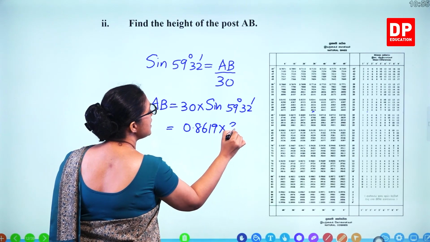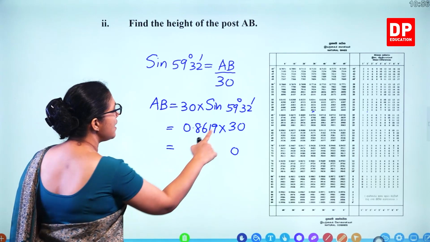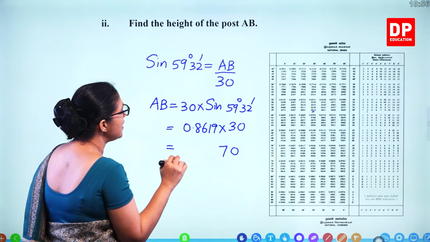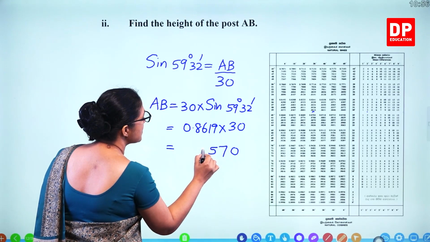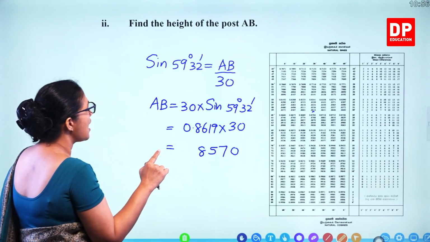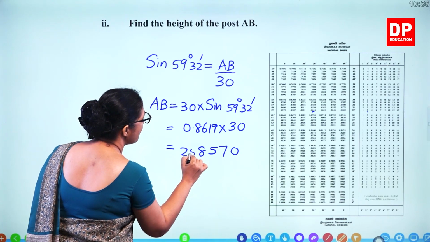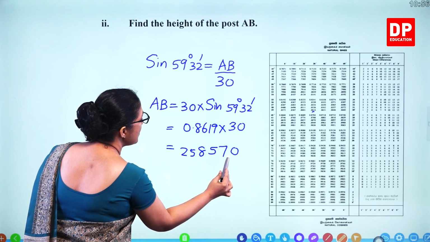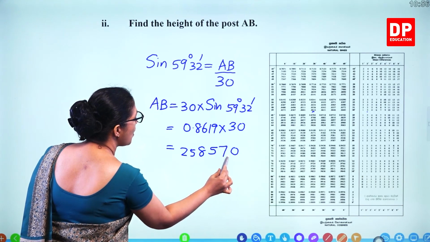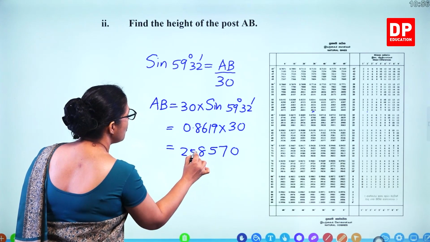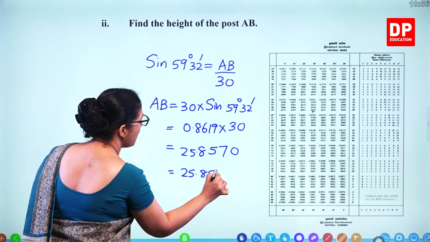8619 times 30. So put a 0 and multiply by 3. 3 times 9, 27. 3 times 1, 3 plus 2, 5. 3 times 6, 18. 3 times 8, 24 plus 1, 25. And put decimal places, 4 places to the left: 1, 2, 3, 4. So you get 25.857